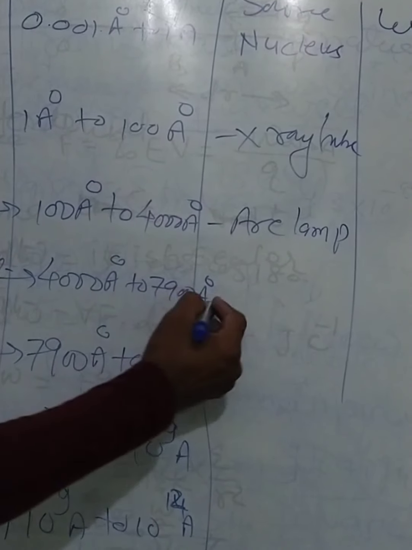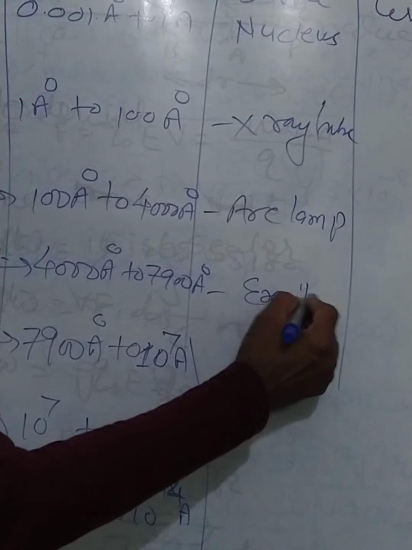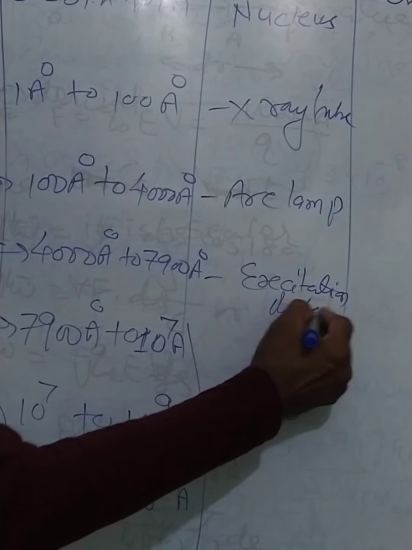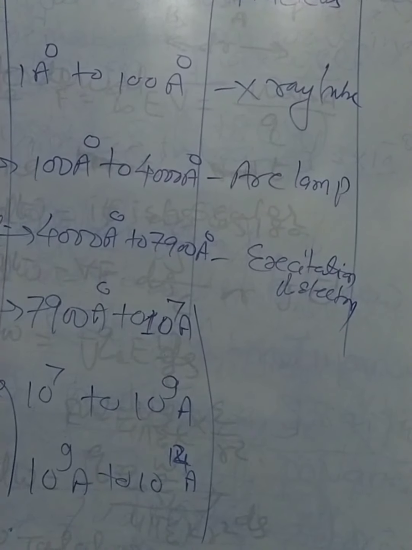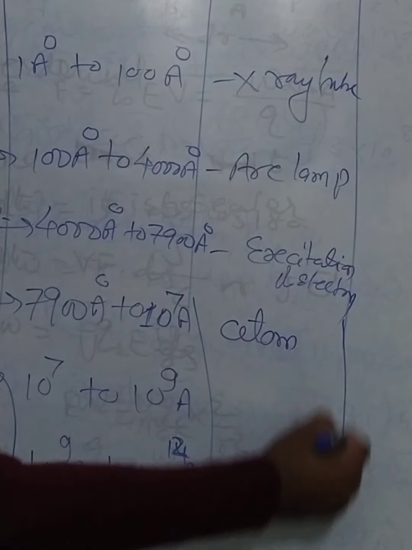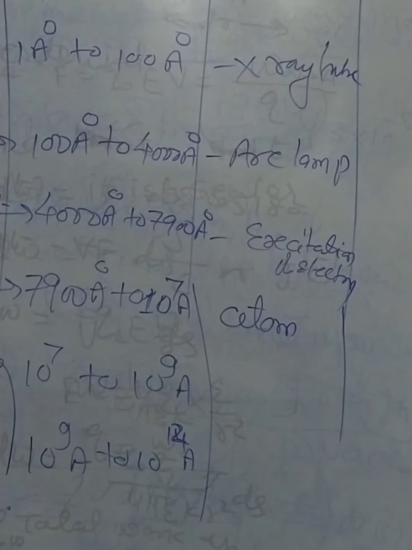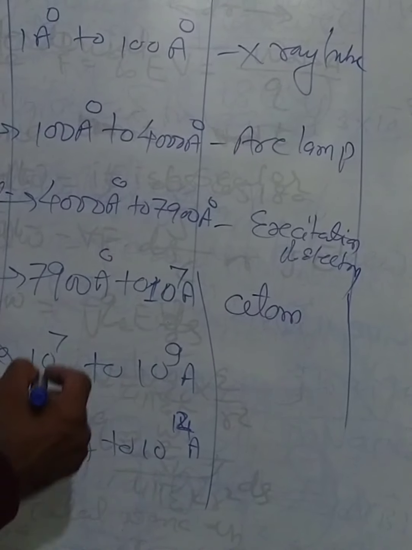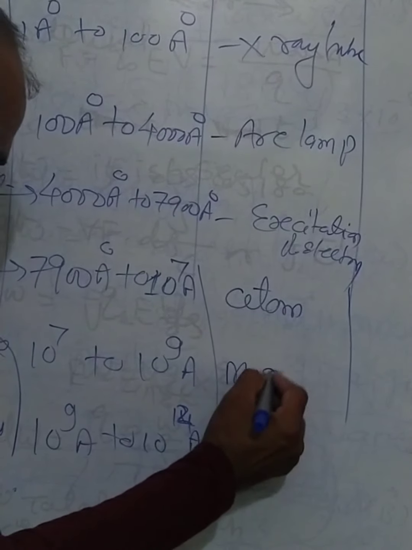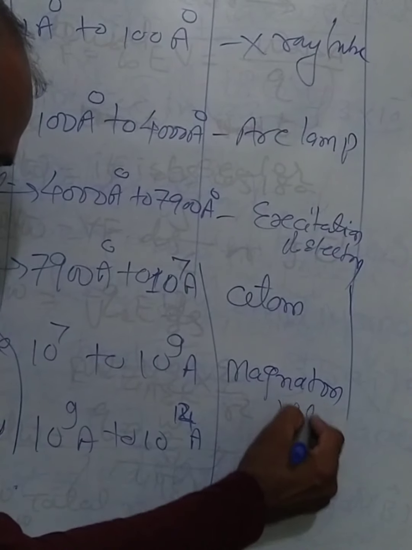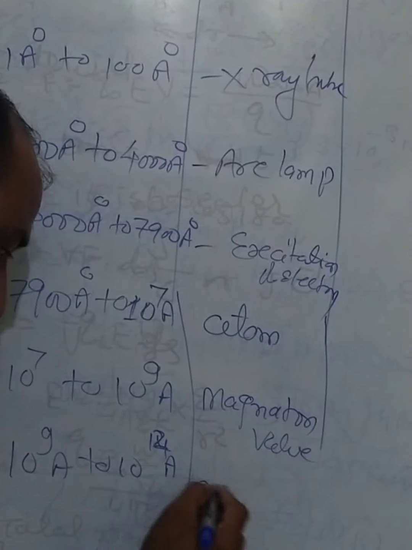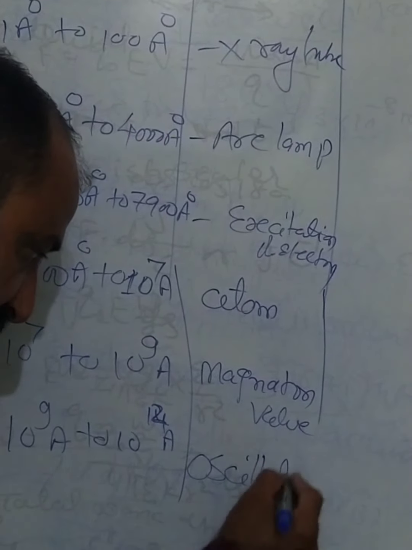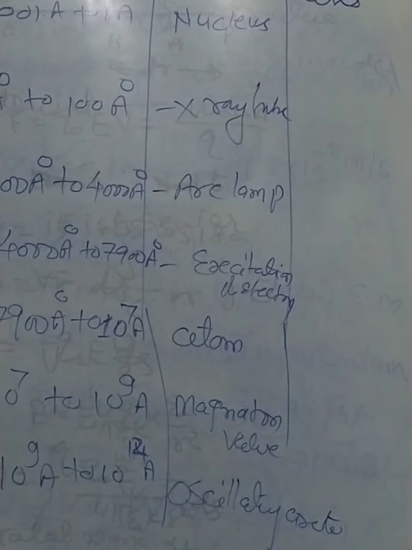And now the visible light is produced from excitation of electrons. So their source is excitation of electrons. And the infrared is produced from the vibration of atoms. And the microwave is produced from the magnetron valve. Magnetron valve is the production source. And the last one is radio, by the oscillatory circuit. Oscillatory circuit is the source of production of these waves. Now if we can talk about